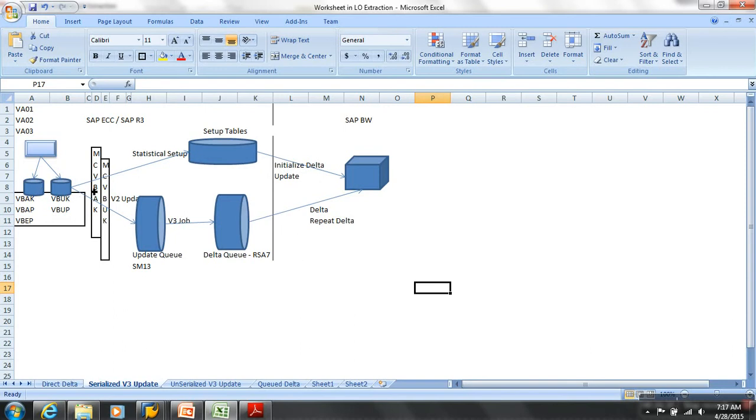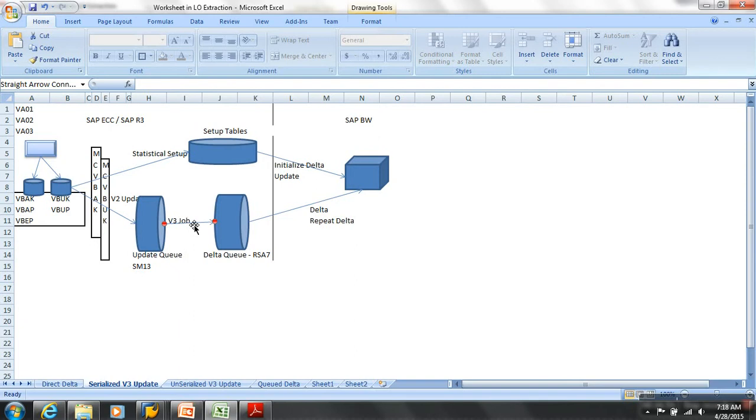Look at this. See how you bring historical data is the same. When the delta documents are posted, it posts the LUWs into what? Into the update queue. Then when you schedule the V3 job, what does it do? It has to collect documents from the update queue to what? Delta queue. While collecting, it does the sorting of those LUWs and then collects them into the delta queue.